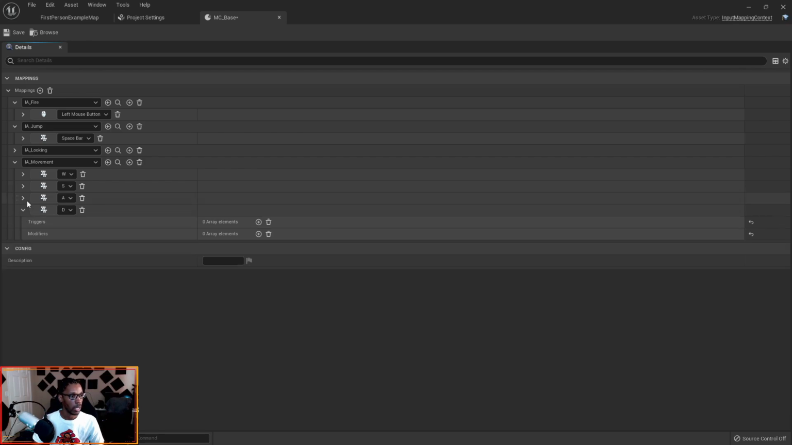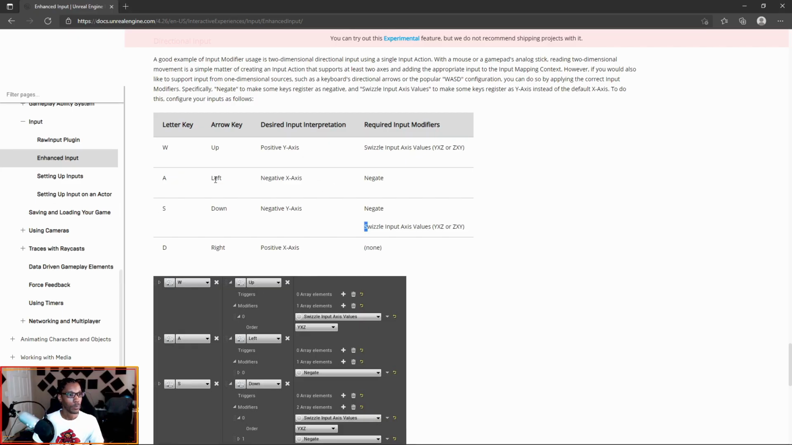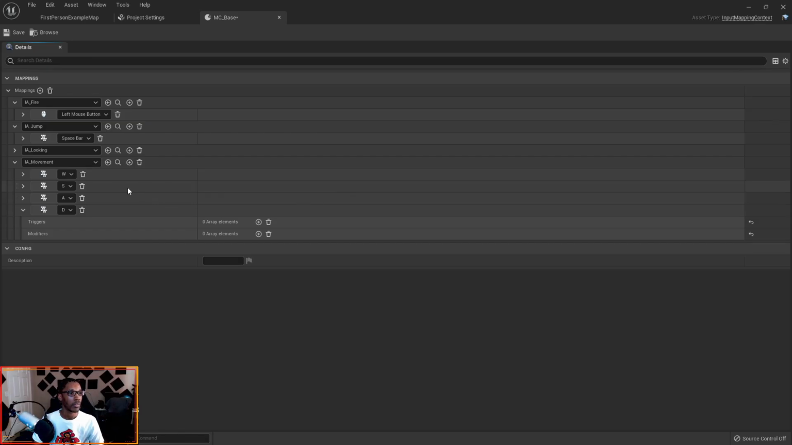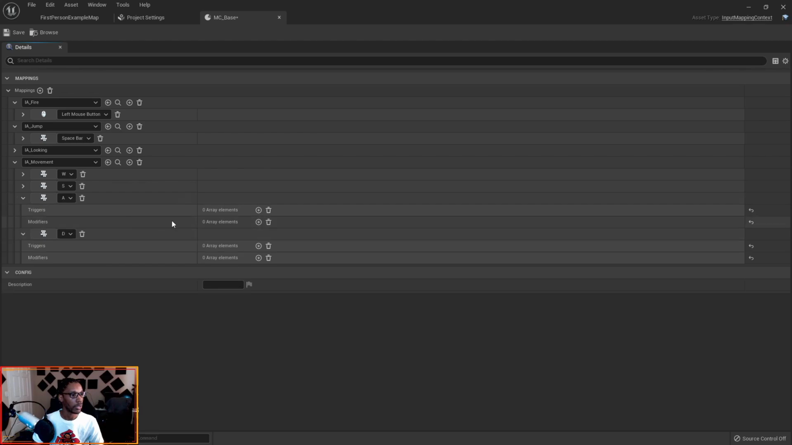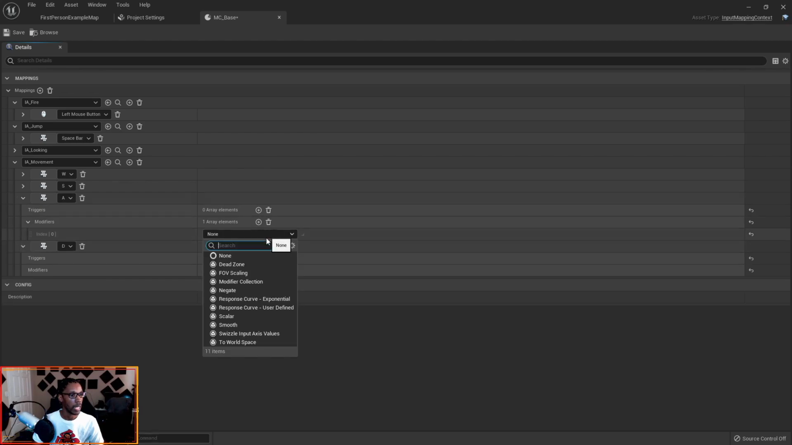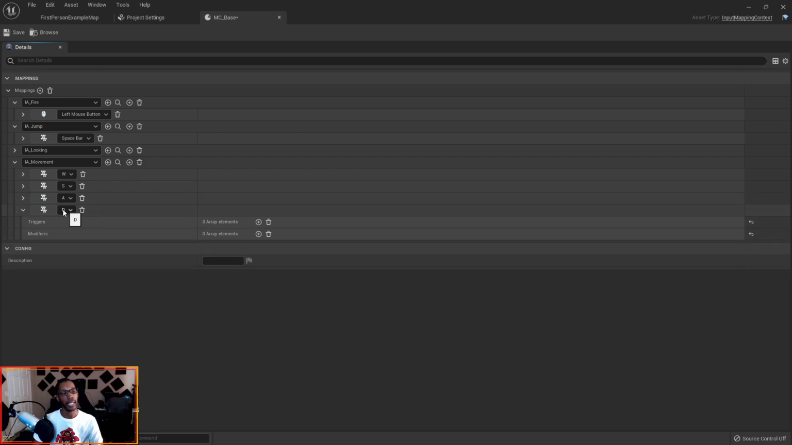Add two modifiers, put one on negate, and then put one on the swizzle input axis values, and we're done with those. And for A, which is going left, we need the negative X axis. So we need to negate, because remember the default is positive X. So we need to negate the input of this key so that it goes negative X. And so for A, we need to drop down, add a modifier, and just set it to negate. And for D, since we're going right and the default is positive X, we don't need to do anything to it. So save this,